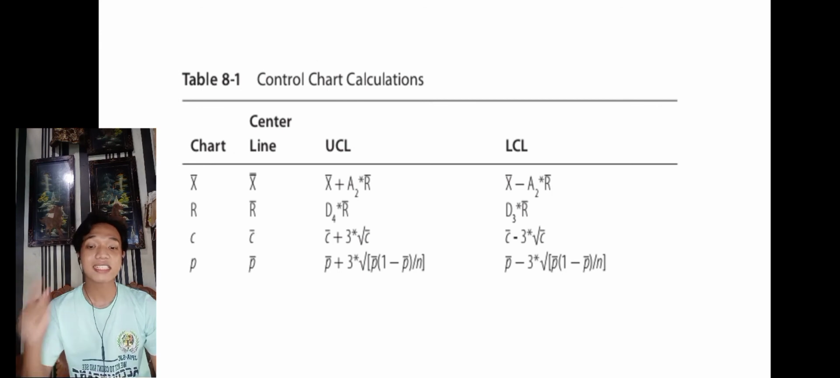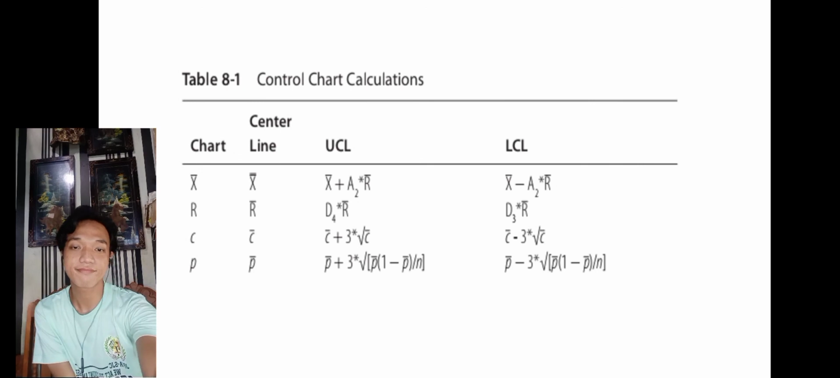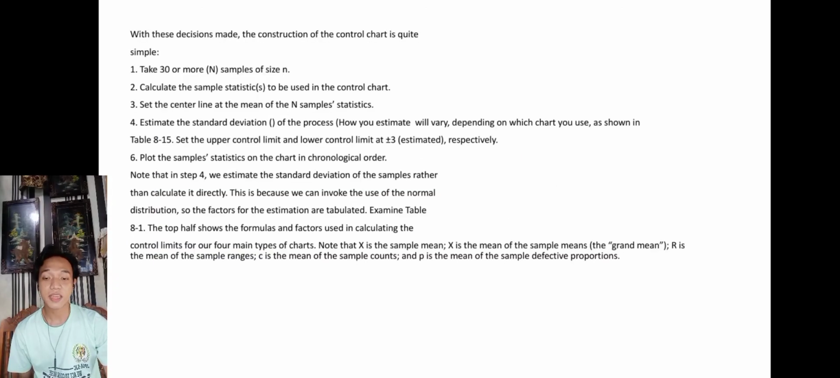This is the chart, the center line, the UCL, and the LCL. With these decisions made, the construction of the control chart is quite simple. First, take 30 or more samples of size n. Second, calculate the sample statistics to be used in the control chart. Third, set the center line at the mean of the sample statistics. Fourth, estimate the standard deviation of the process. How you estimate will vary depending on which chart you use, as shown in